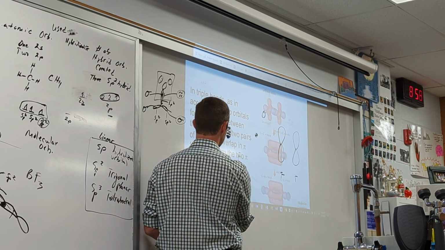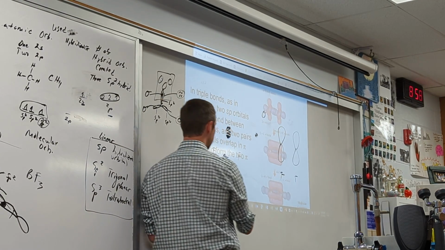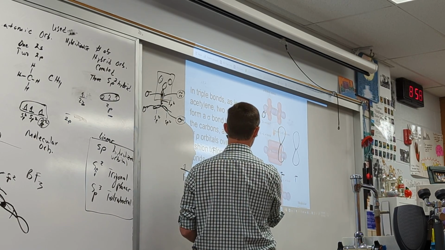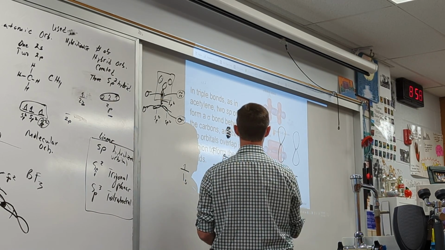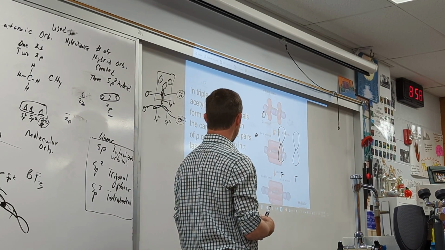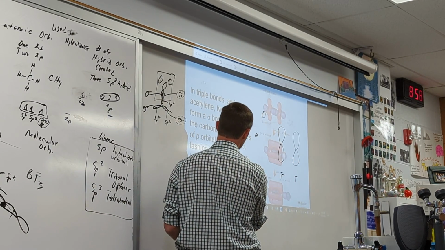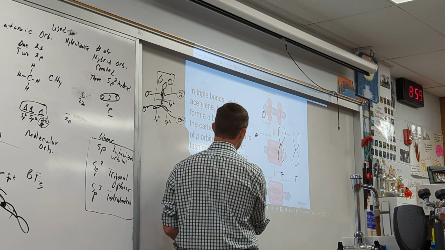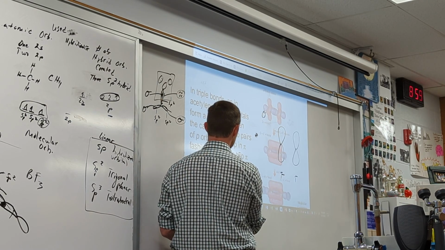Sigma. This is sigma because it's a single bond. And over here? Sigma, it's a single bond. Okay, we know it's a bond because it's a covalent compound and it's overlapping. Now, this guy here, pi. That's pi. So a double bond has a pi, and this guy is also a pi as well.